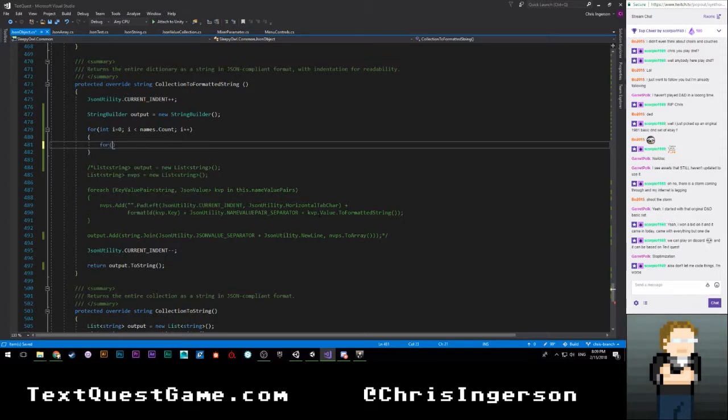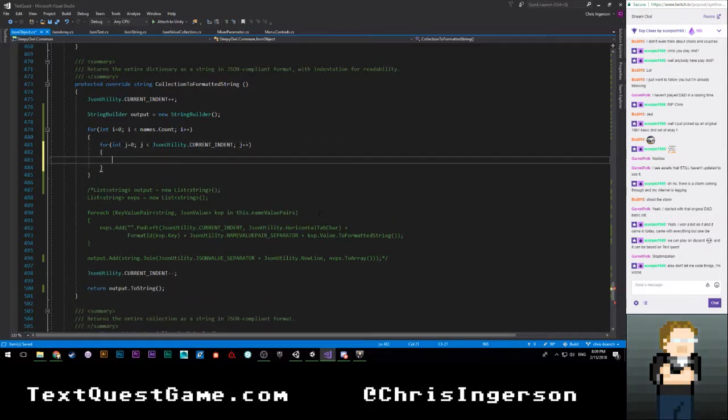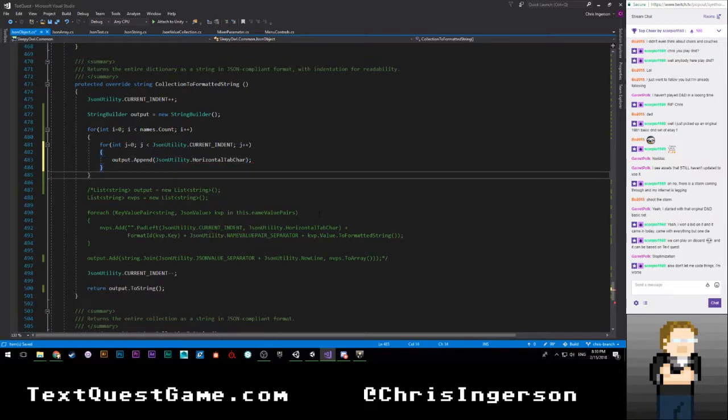So we're going to say for int j is equal to 0, j is less than JSONUtility.currentIndent, j++. We're just going to say output.Append JSONUtility.horizontalTabChar. Yes, that's right. Okay, so there's our initial lead in,